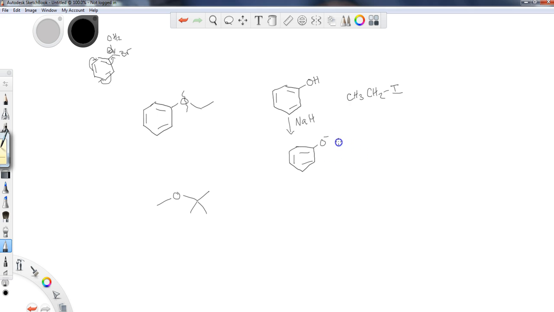So I have that, then that will react with the ethyl iodide, and I'll end up with the proper product, which is my phenyl ethyl ether. So same thing, hopefully you realize if you're breaking this guy apart, you have a methyl group and